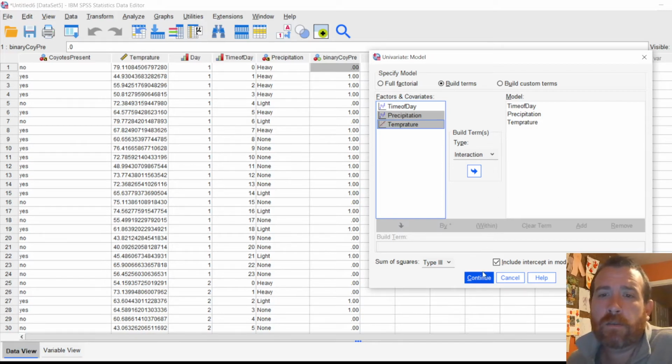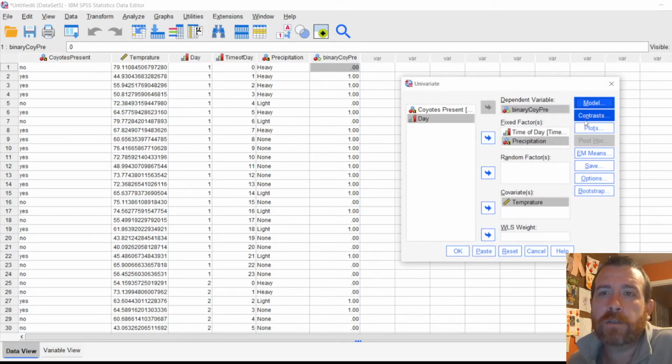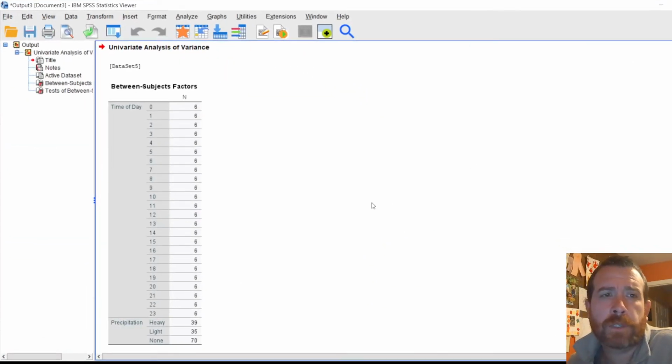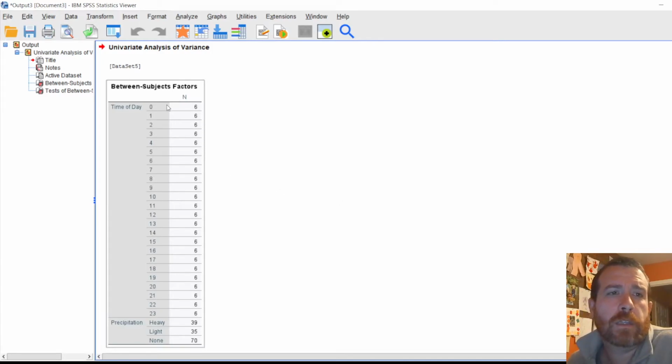Then I have built my model, right? It's going to do that all on its own, so you don't really need to build it, but I wanted to show under the hood. And then you can do more stuff if you want to make things more complicated for yourself, or you can just hit OK. When you hit OK, it spits out an output file and then says, hey, you have